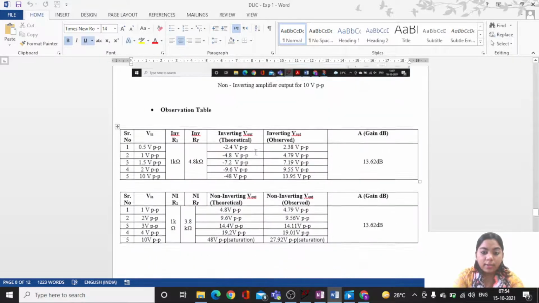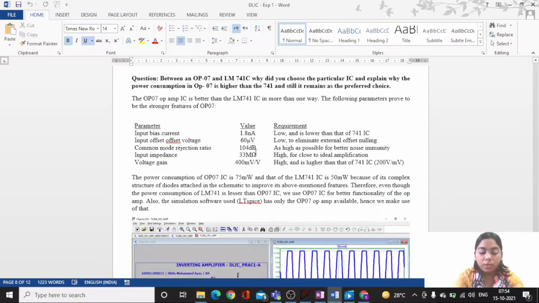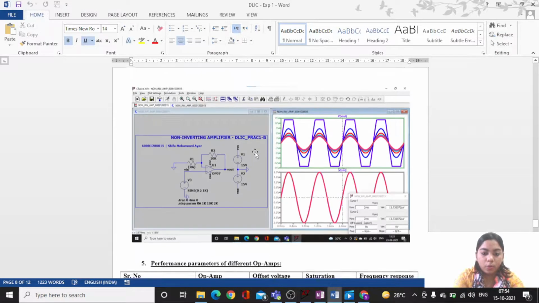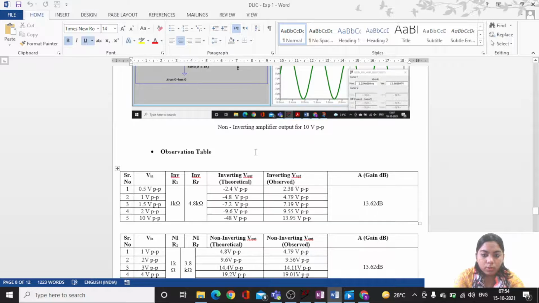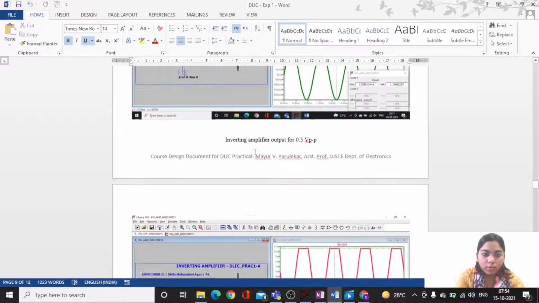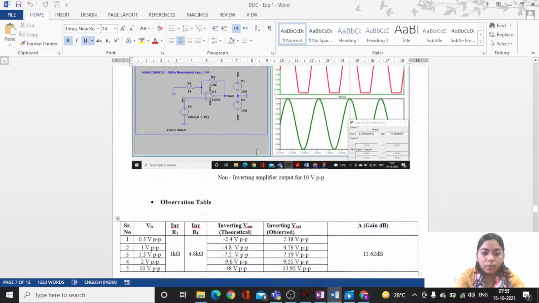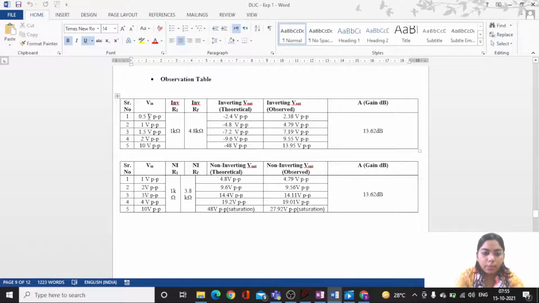Only the characteristics of your op-amp will change if you choose a different op-amp. So this is for 4.8, right? Yeah. So for the inverting case, it was 1 volt peak to peak, so I have considered 0.5. So you will be getting the inverting gain as minus 4.8.